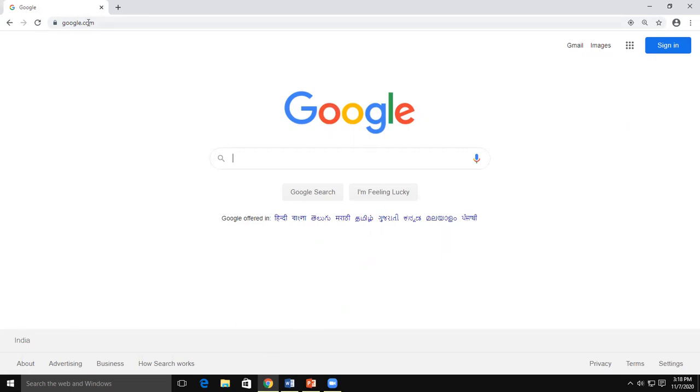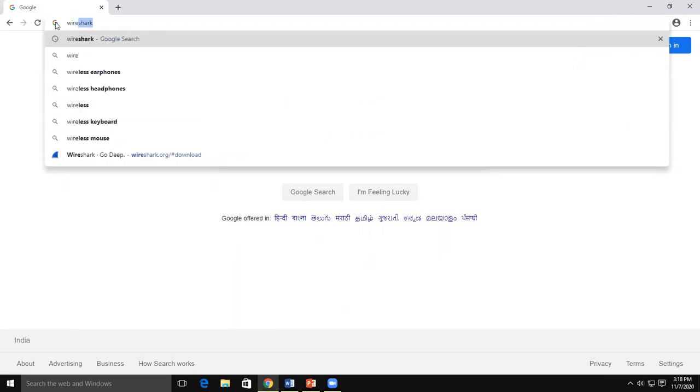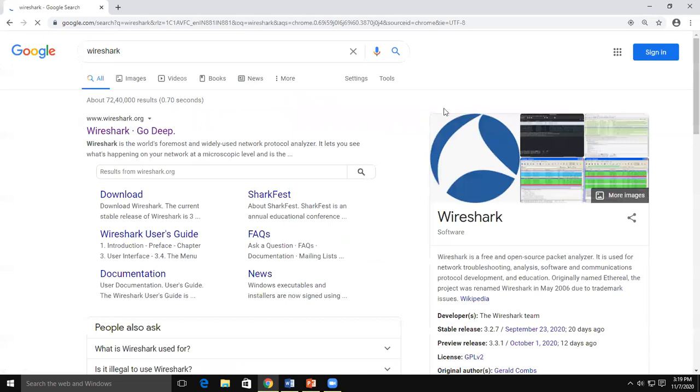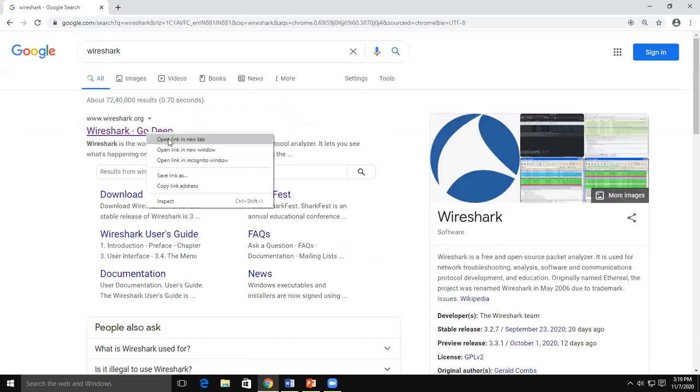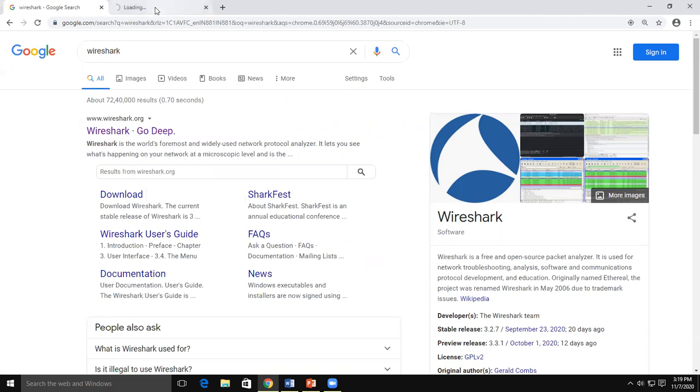Open any web browser and type the URL as Wireshark. You will get a screen like this. Click on Wireshark Go Deep. Here you will see the website of Wireshark, that is wireshark.org.